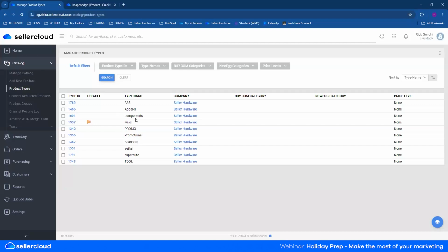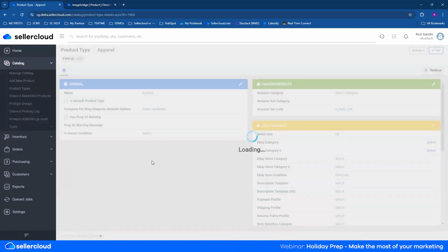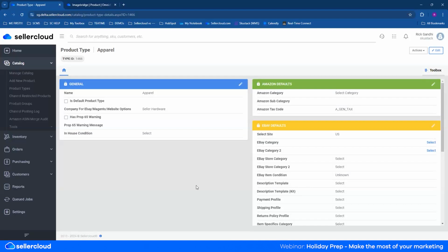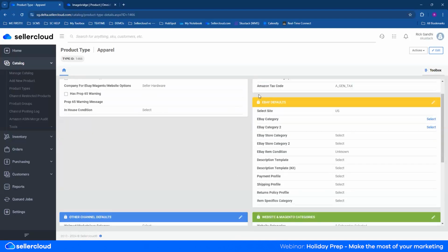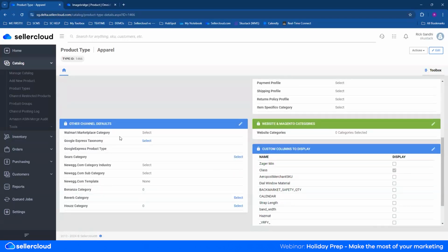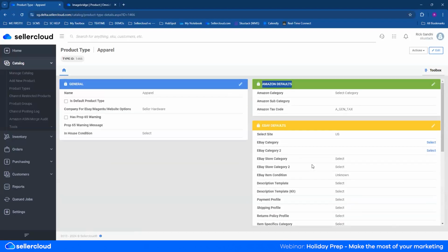And the last thing is going to be for channel attribute mapping, right? Where we can actually map the Sellercloud properties to channel specific fields. So let's click into one to show you what I actually mean. When I clicked into a product type, as you can see, I have my Amazon defaults where I can select the Amazon category and the Amazon subcategory, the eBay defaults as well. And of course, I also have my Walmart. Once again, I mentioned the 5.0 specs, which we are updating as well, and we will have this updated too. Now, you can select all these website categories, the Walmart marketplace category,